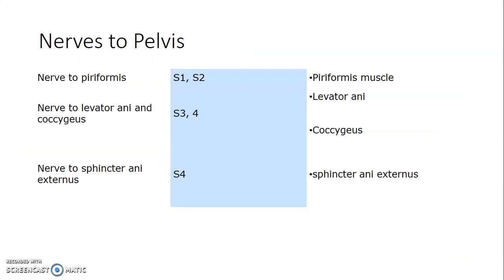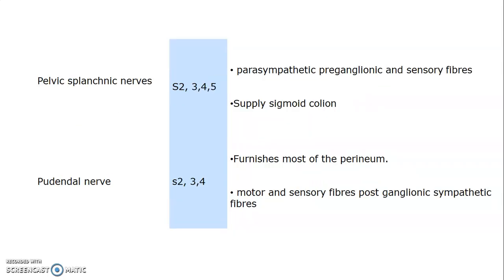autonomic nervous system. So we have different nerves to the pelvis. These are the nerves that will innervate the muscles within the pelvis: nerve to piriformis, nerve to levator ani and coccygeus, as well as nerve to the external anal sphincter. Then we also have pelvic splanchnic nerves that carry parasympathetic, preganglionic, and sensory fibers which supply the sigmoid colon, as well as the pudendal nerve that innervates the perineum and gives motor and sensory fibers,